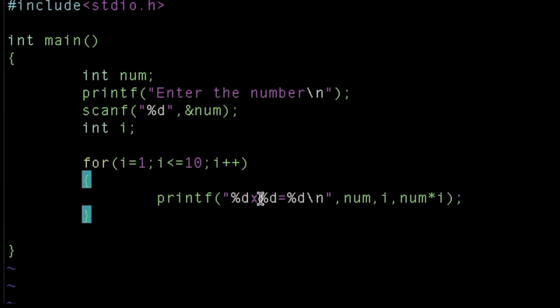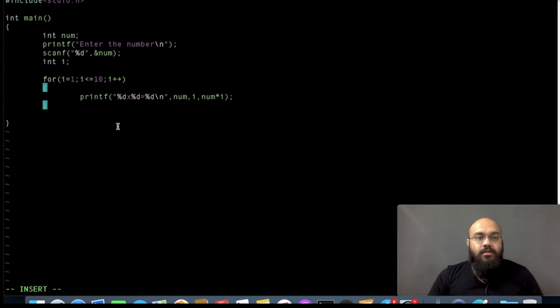Okay, this equal to, and this is the new line. So the first integer is replaced by num because that is constant, whatever we enter. The second is replaced by i. So 2 into i, i's value is 1. 2 into 1 equal to 2, it will replace it by this execution, multiplication. In the next iteration, when the value of i is equal to 2, then 2 into 2 equal to 4. 2 into 3 equal to 6, till 10. Okay, very simple. If you have any doubts, if you have any queries, please ask me in the comment section.